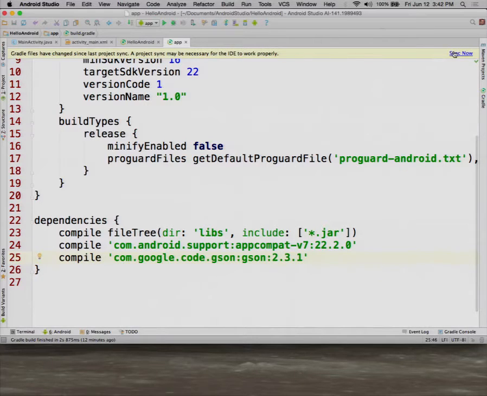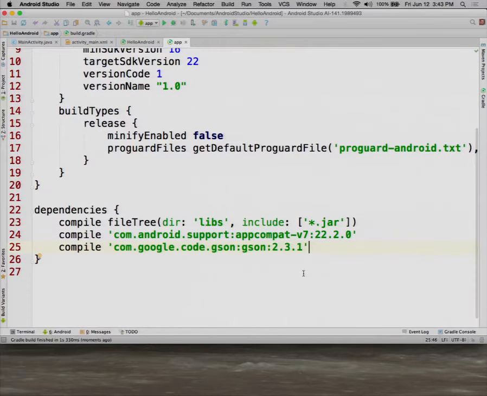As soon as I hit sync now, a build process happens. One of the interesting things about Android Studio, and this is different from Eclipse, is that it is one giant IDE, one giant user interface on top of Gradle. Everything that's happening here, from compilation to build to test to deployment, is actually calling Gradle tasks under the hood. So everything you do here, can you do it on the command line? Absolutely. This just has a nice little GUI on top of it. But there is no separation between what can happen at the Gradle level and what's happening at the IDE level.